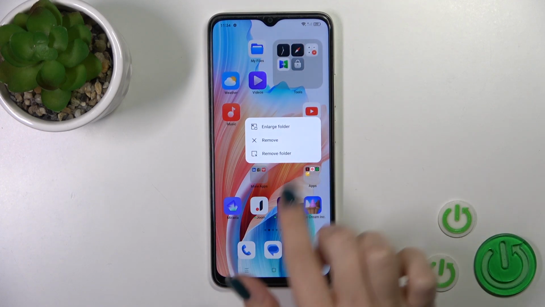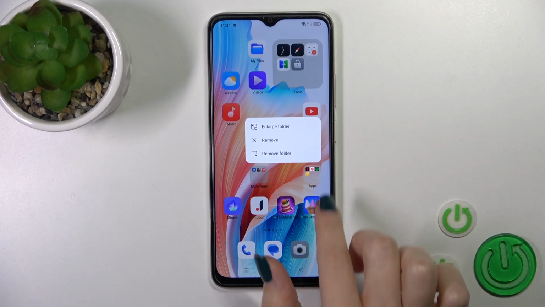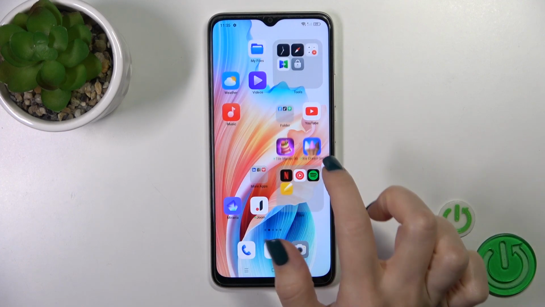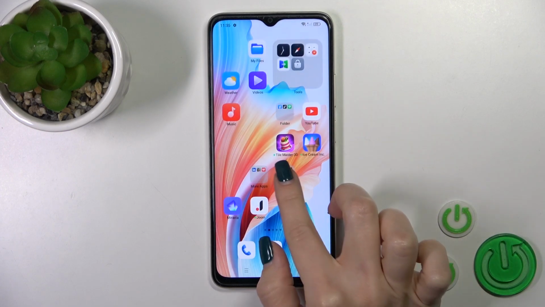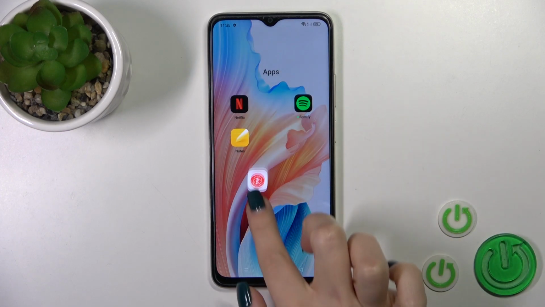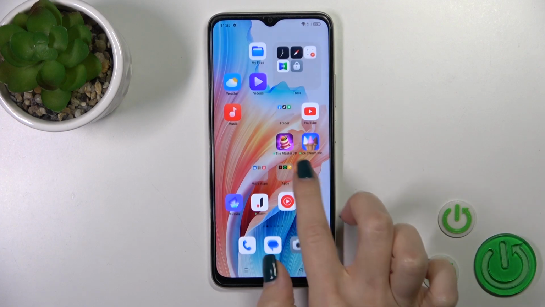Also you could change the size of the folder. Just hold it for a while and tap to enlarge to make it bigger and tap to shrink to make it smaller. This way, to remove the applications from here, hold it and drag it to the home screen,